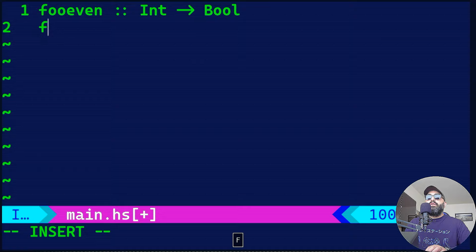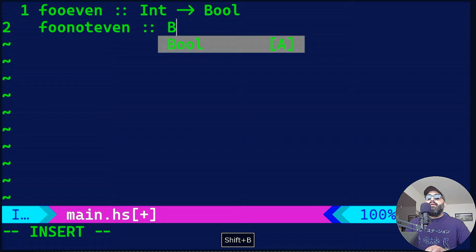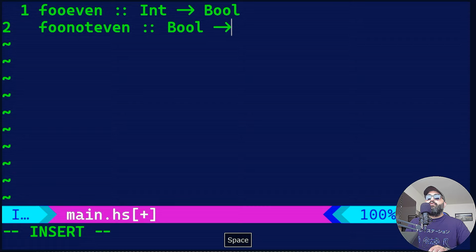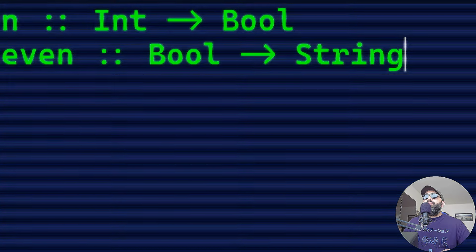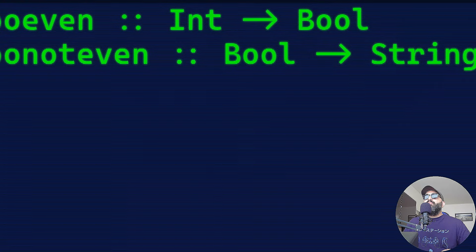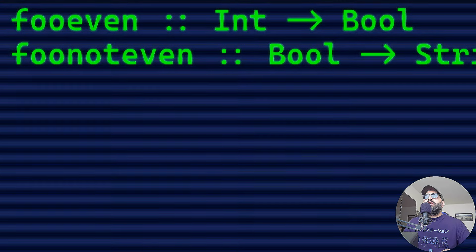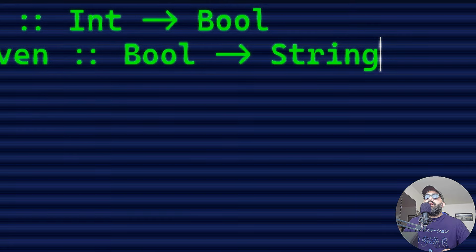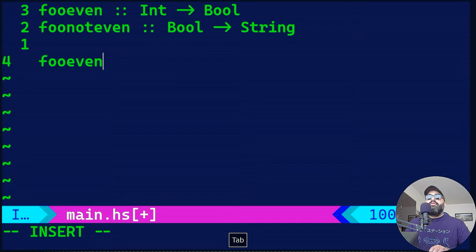Another function, I'm going to call it foo_not_even, and that's going to take a boolean value and is going to return a string. Now that boolean value is going to be an input inside that foo_not_even function to return a string. So I'm going to take the foo_even function, I'm going to pass x, if x